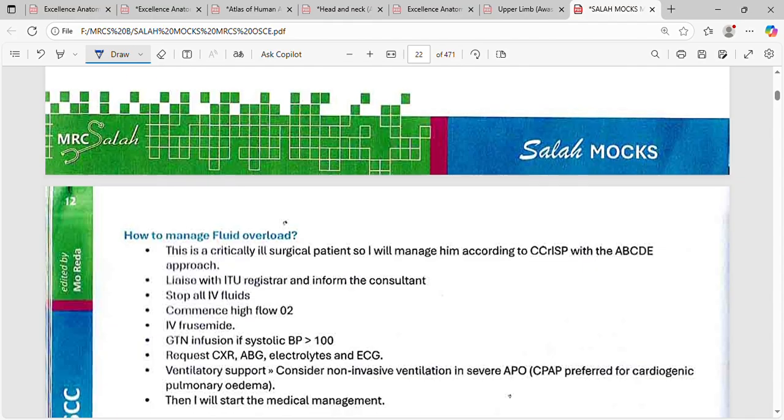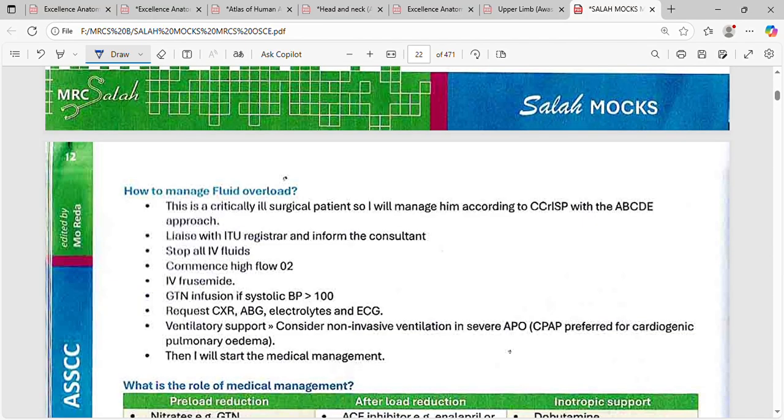How to manage fluid overload? This is a critically ill surgical patient, so I will manage according to CRISP with the ABCDE approach. I will also inform the intensive care unit, register, inform the consultant. Stop all IV fluids. Commence high flow oxygen, IV furosemide